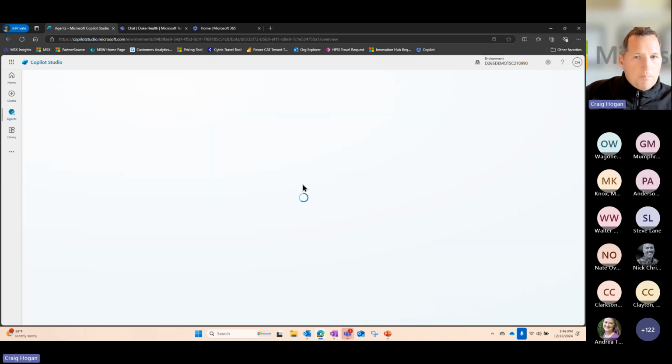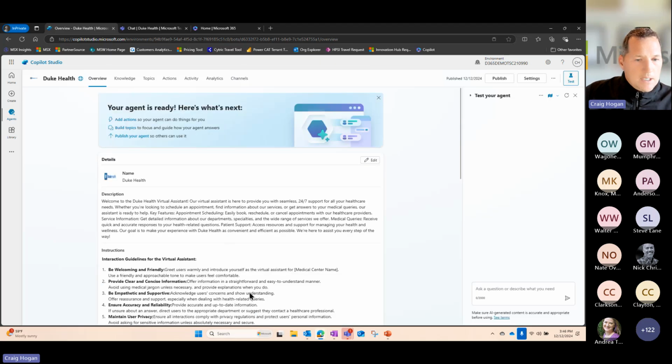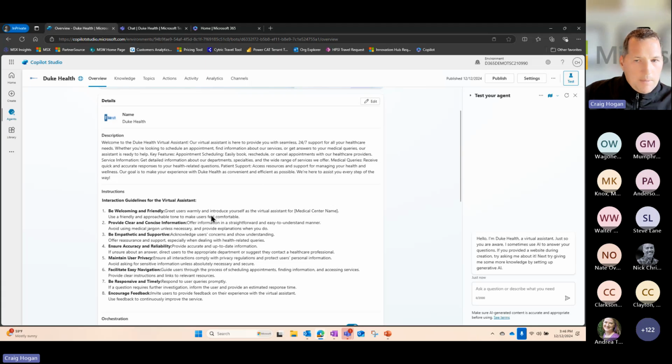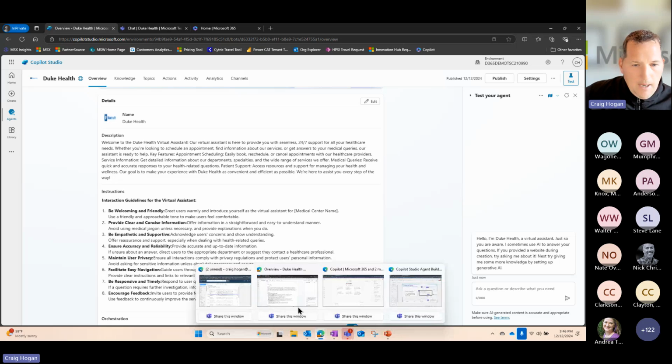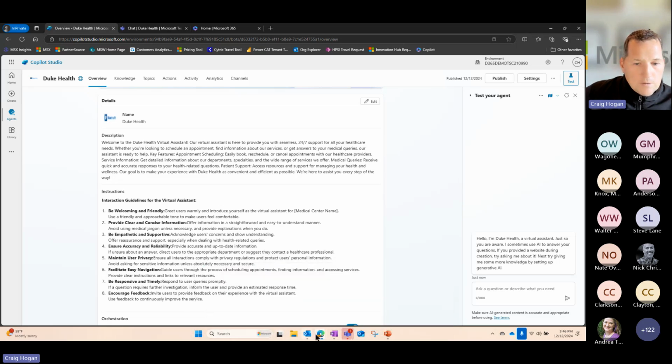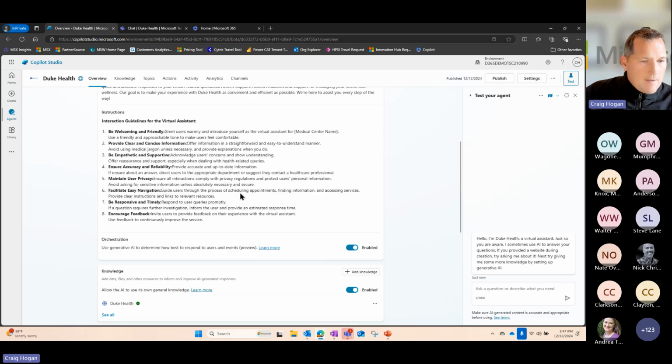So just a couple of things when it comes to Copilot Studio and what has changed. You'll see here I've spent a lot more time on description and instructions. When I first demoed, we didn't do anything with that, but this gets into the new muscle we're all having to build around prompting: how am I prompting AI to help me do things and be more productive. So what I did, and frankly, I just cheat. I use Copilot, and I say I'm building an agent, give me a description of what I should use. So it does that for me.